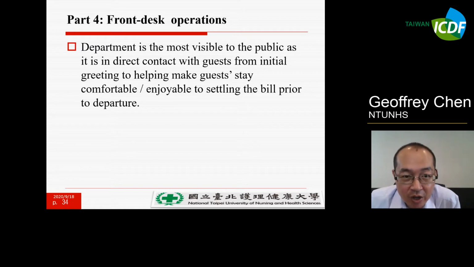It means you have a larger chance to contact your guests directly, from an initial greeting to helping guests stay, or potential guests, or maybe local people asking you where the toilet is.